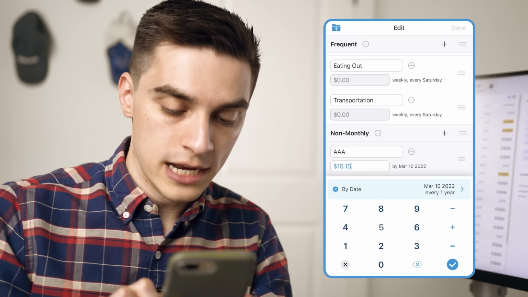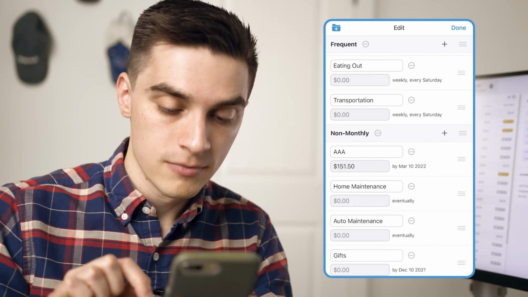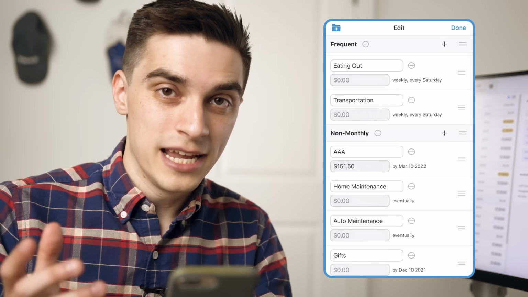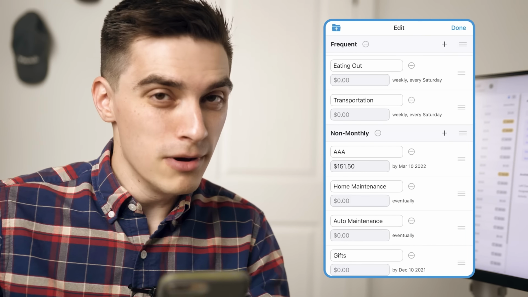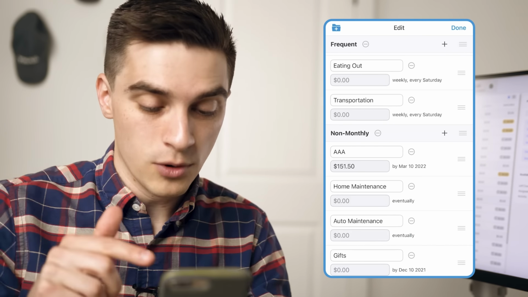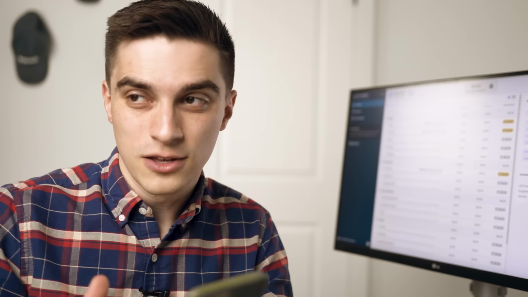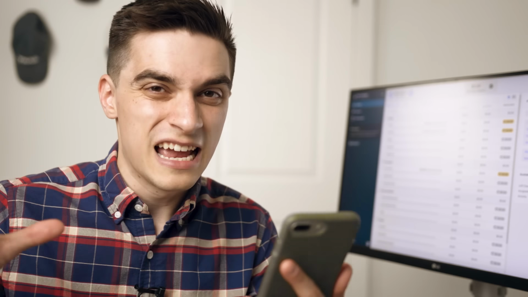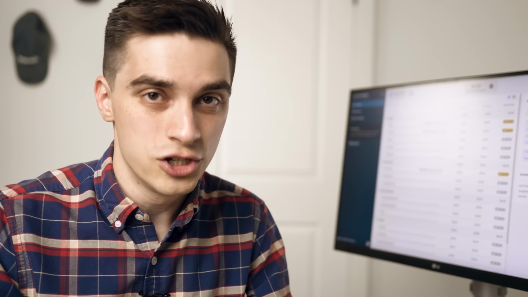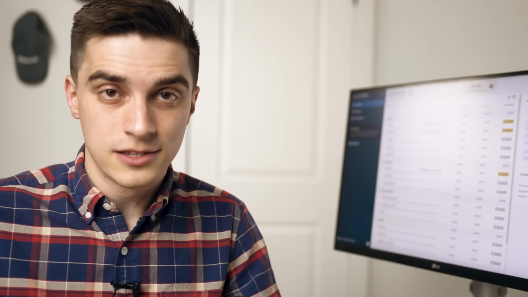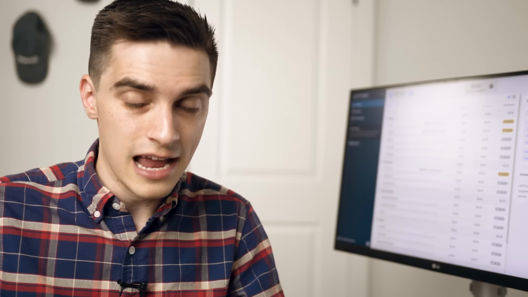And then finally, I tell YNAB how much I'm going to need. And now YNAB is going to tell me how much money I need to set aside every month in order to have money saved up for this bill when it comes due in March. So that's a really nice way to take those bigger non-monthly bills and break them down into more manageable chunks. So now our next step is to create a category for every expense and then put a target